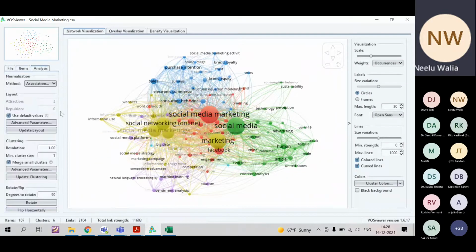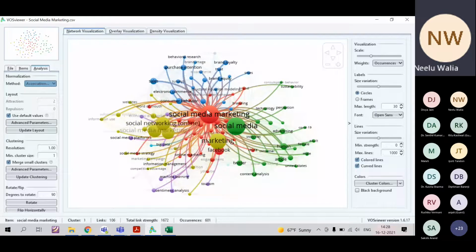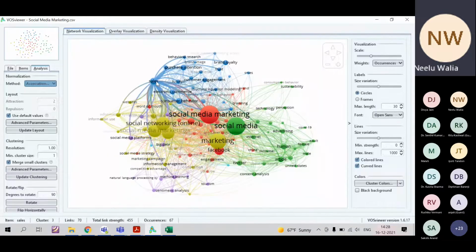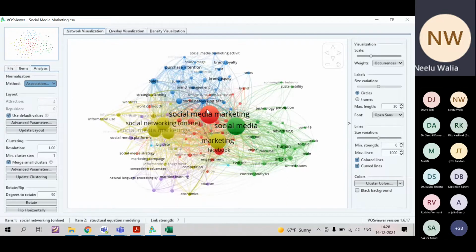Now it comes to the analysis. You can check this with fractionalization. You can go for association strength. Normally the link strength provides you the association strength, meaning how many papers have been written using the two variables or keywords that are appearing together.